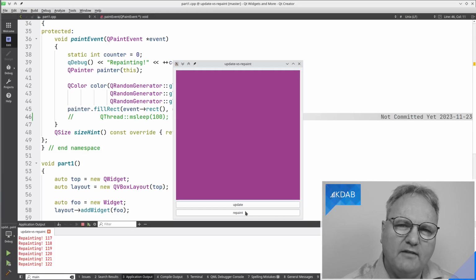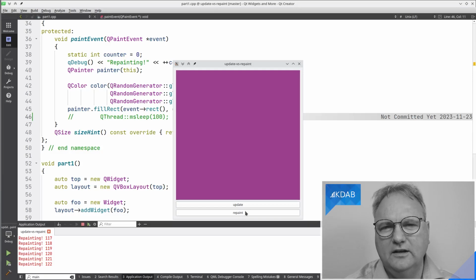But let's have a breakpoint in here so we can better see where things are called from. I would like to just put a breakpoint in the repaint method or in the paintEvent method, but that would be slightly annoying because I would start my application, it would get a paint event, the breakpoint would be hit, I would have to press continue and get focus back into the window, and another paint event would be generated.